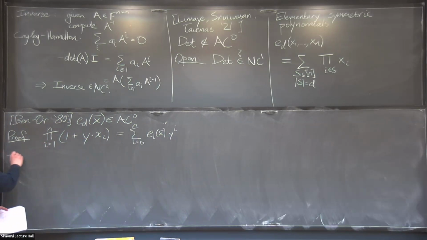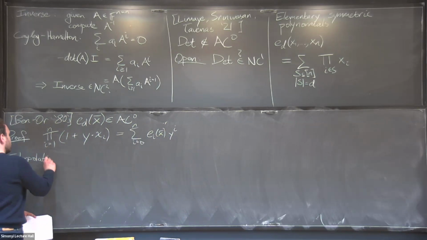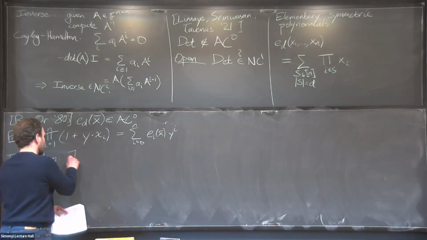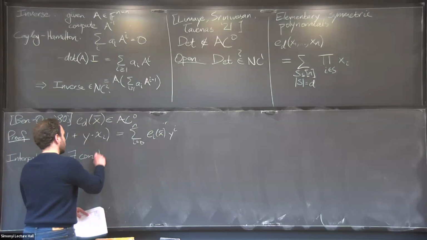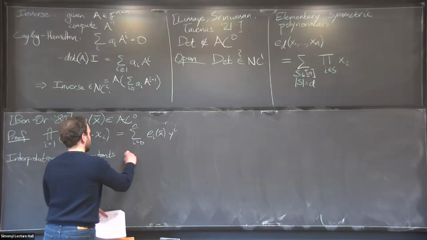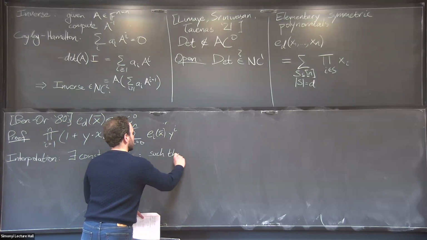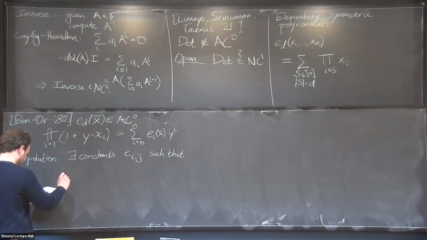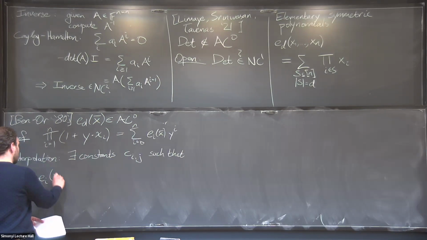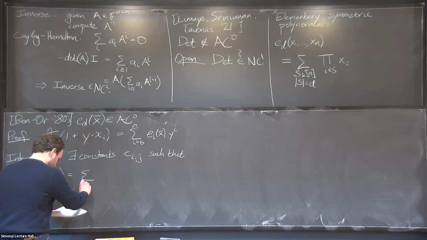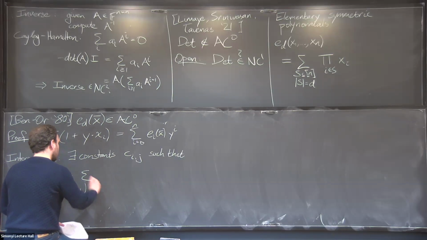So now, use the simple fact that you can interpolate a polynomial's coefficients from evaluations of the polynomial. So what does polynomial interpolation say? There are some constants, so C_ij, such that E_i, this ith elementary symmetric polynomial, is, to get this right,